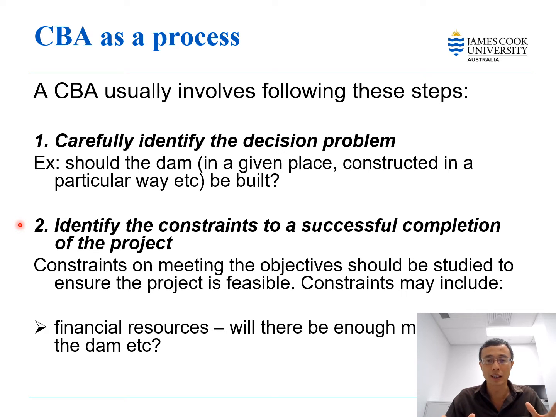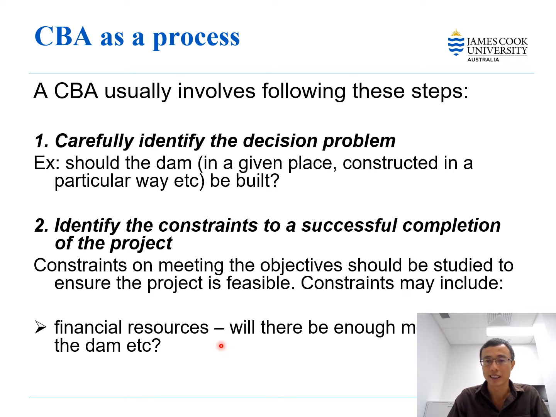Step two, identify the constraints to a successful completion. What kind of constraint are you faced with if you want to go ahead with the project? Constraints on meeting the objectives should be studied to ensure the project is feasible. Constraints could be financial resources. Do you have sufficient financial resources for this project? Where are you going to get your fundings? Borrow from bank, issue a stock, issue